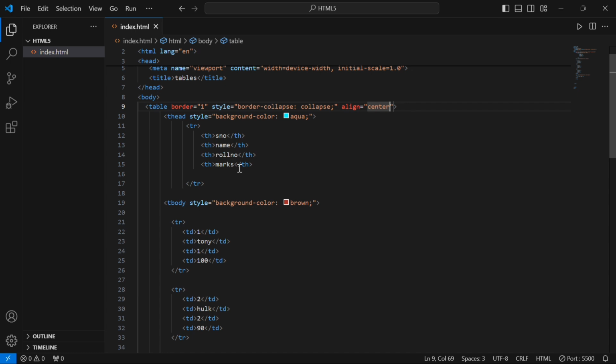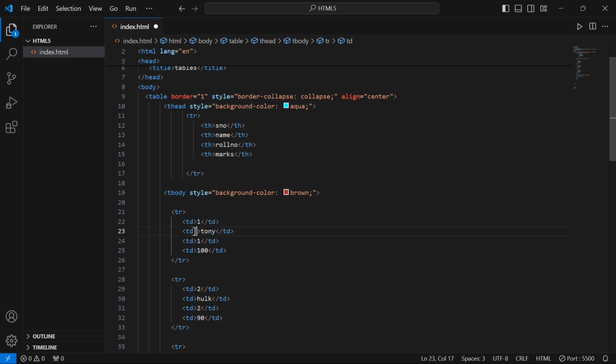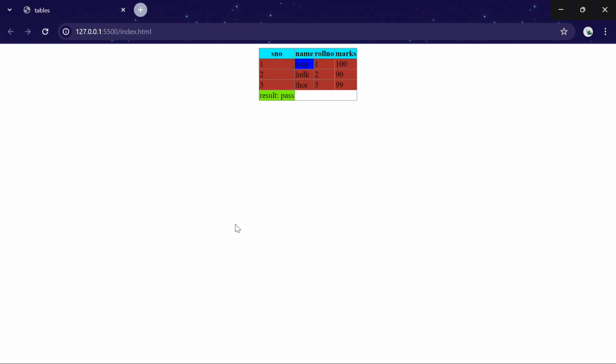And not only this, if you want to change the color in each cell, that is also possible. So first let me check this. I have Tony. For Tony I want another color. Before that we used the style attribute with background-color, but actually here we want to change the color of the data cell. Here we use another attribute called bgcolor, the background color of the data. As before it was brown, right? So I'm giving blue now. Control S. So see, the Tony color has changed. Similarly, we can allot different colors to different cells in a table.